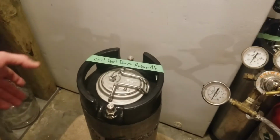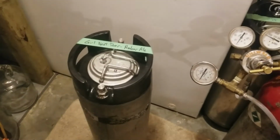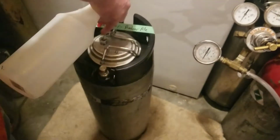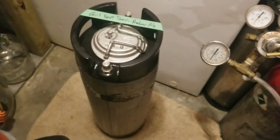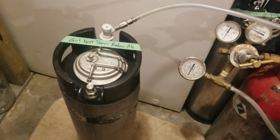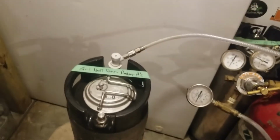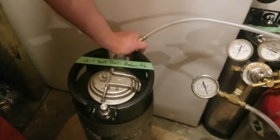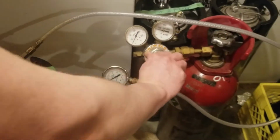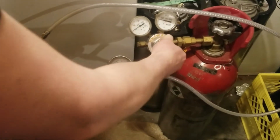Either way, what I have here is my keg of beer, and it is chilled down. It was sitting at 34 Fahrenheit, so it's nice and cold. The first thing that I need to make sure I do is have everything sanitized, all the fittings on it, which I already did a minute ago with my Star San bottle. That normally takes 30 seconds just to make sure it's sanitized. However, because I did it a few minutes ago, I know that it is already sanitary. So I'm just going to hook up my CO2 tank to it, and I'm actually going to jack the pressure right up to somewhere between 35 and